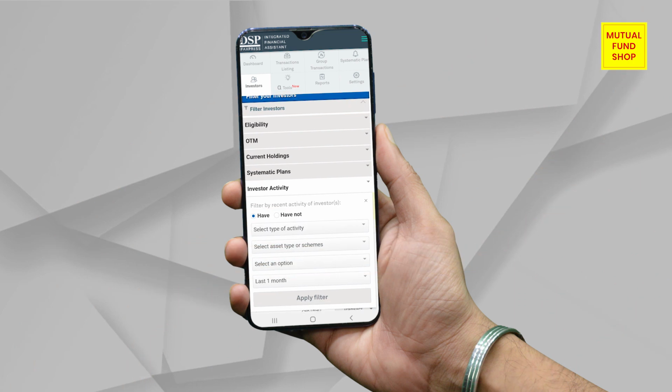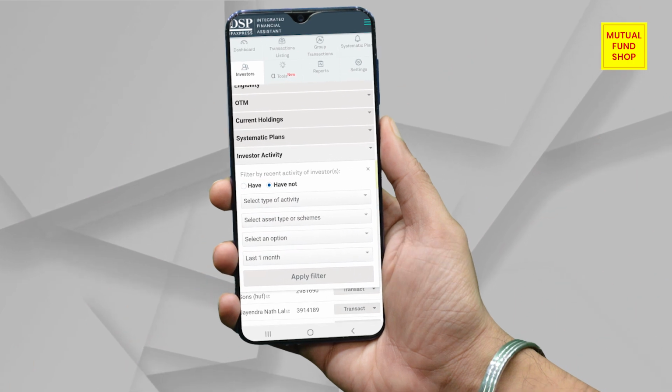Let me show you one of the usages of filter I have used for choosing clients for tax saving fund. Say my objective is to reach such clients who have purchased tax saver fund in the past but have been somehow inactive in the last 2 years. My pitch to these clients will be different than my other clients. I am opening filters from the Investors tab.